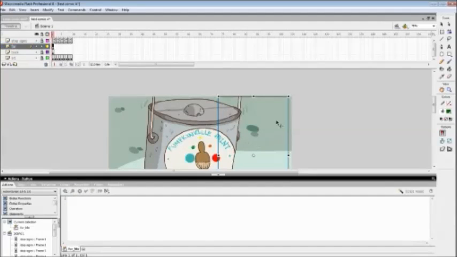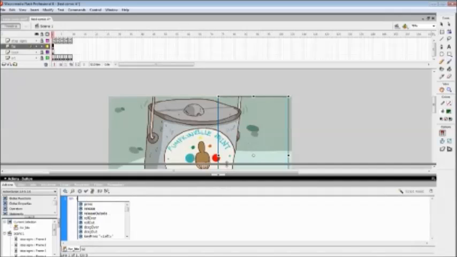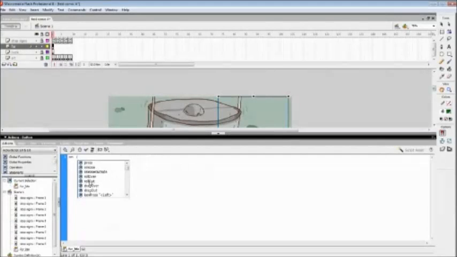The script has to go inside the button, so you have to click on the button or you're going to get an error message. So you click on the button, and once you put the parenthesis up there, it's going to give you this list of things that you can do. We're going to select release, close parentheses,